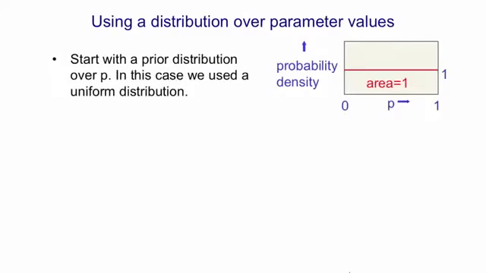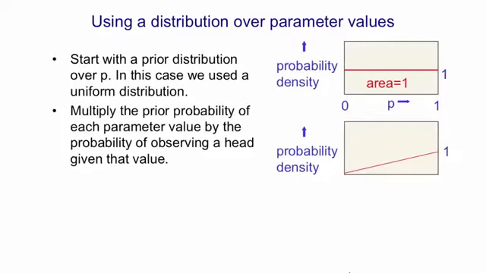So now I'm going to go through an example where we start with some prior distribution over parameter values, and we'll pick a prior distribution that's easy to work with, not one that necessarily fits what we really believe about coins. And then we'll show how that prior distribution gets modified by data if we adopt the Bayesian approach. So we're going to start with a prior distribution that says all the different values of p are equally likely. We believe that coins come biased to various extents, and any amount of bias is equally likely, so that some coins come down heads half the time, other coins come down heads all the time, and those two kinds of coins are equally likely.